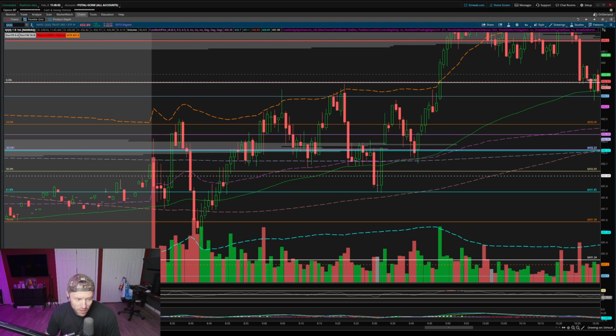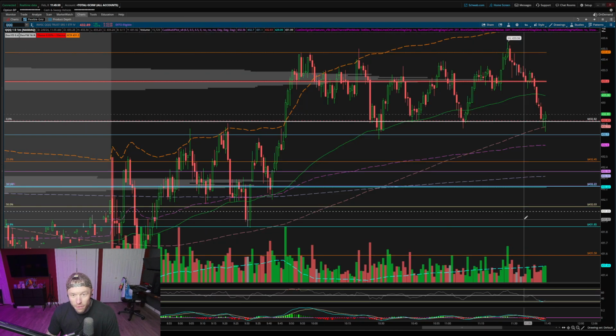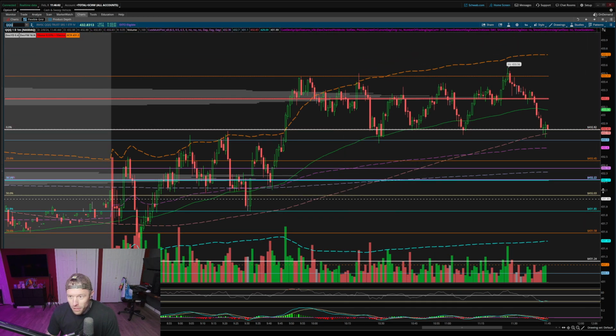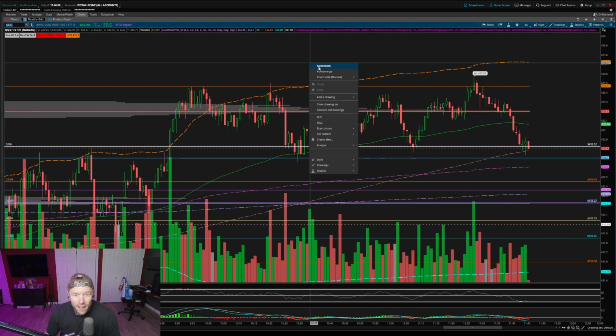Either way, that gap filled. And as I said, number one is my gaps, as I always post. So that was a free trade that was guaranteed to fill today. I know people don't like hearing that, but tough shit. Look it up. Go look at the charts. It always happens.